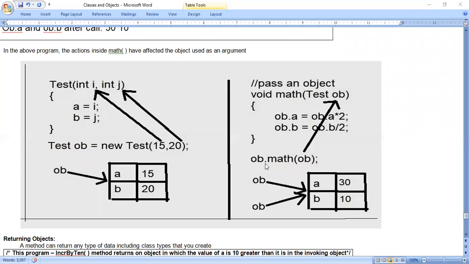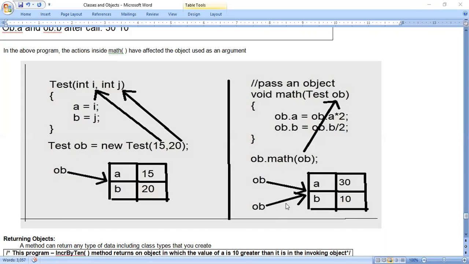See, here, in case of ob.math of ob, you can see two times I've written ob, right? Left hand side, that means before the dot operator, ob. And in the parenthesis, ob. Two times I've written, right? How we have to understand is, the object ob is already created. One more time, you take the same object name, not a problem, but you make it as a reference. Don't draw it as a new object. If you draw it as a new object, then we cannot consider that values are changed.